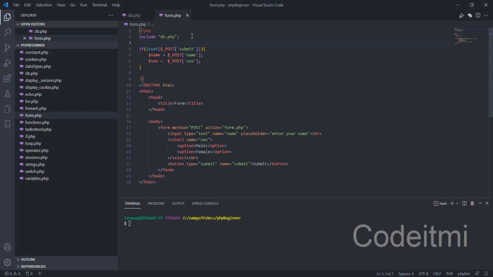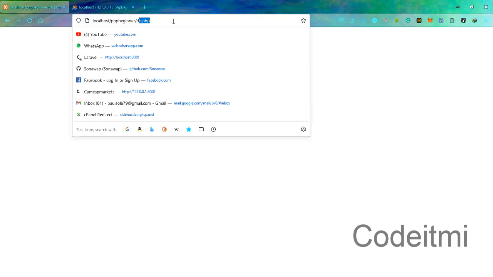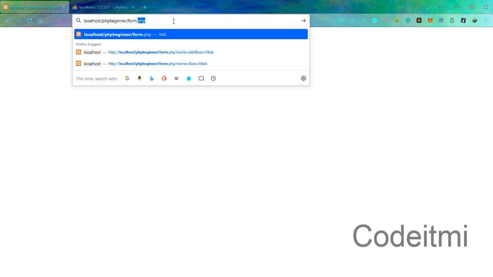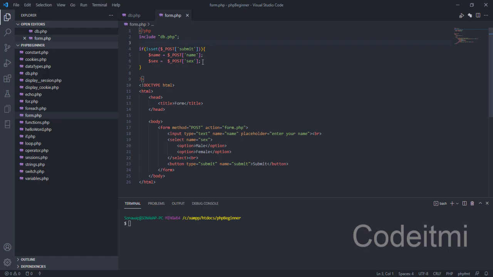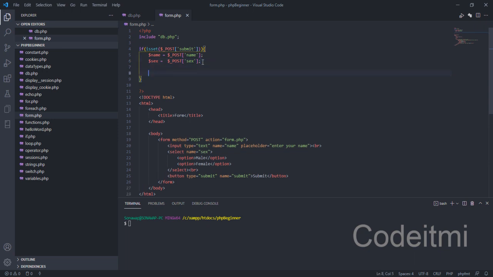So that's what include actually does. And right here, if we go over to form.php, you can see we're not getting any error, but we have the db.php right in this page now. So to actually save this information, let's just go ahead and say